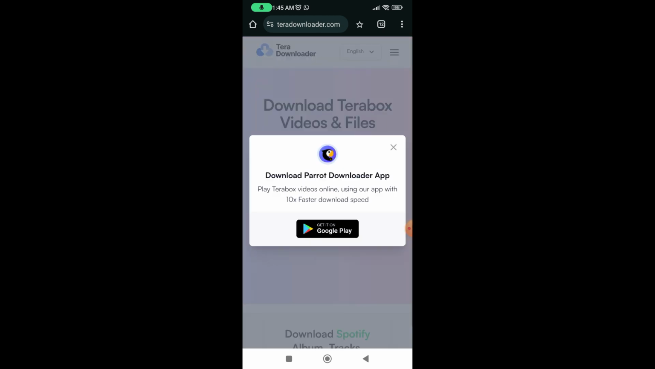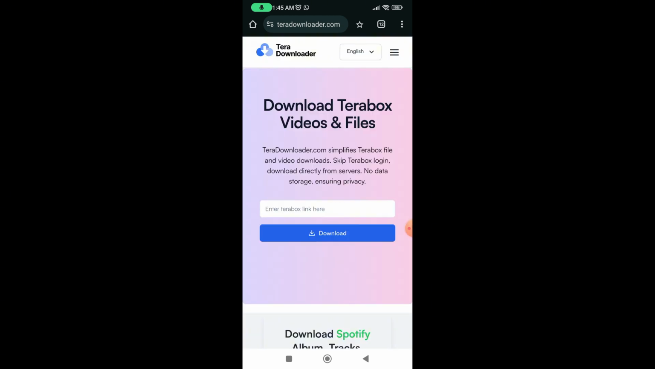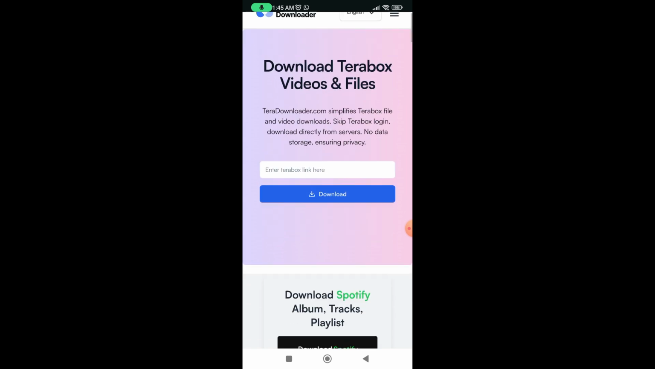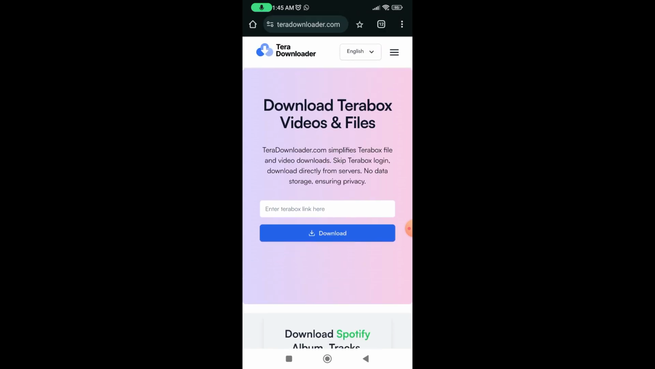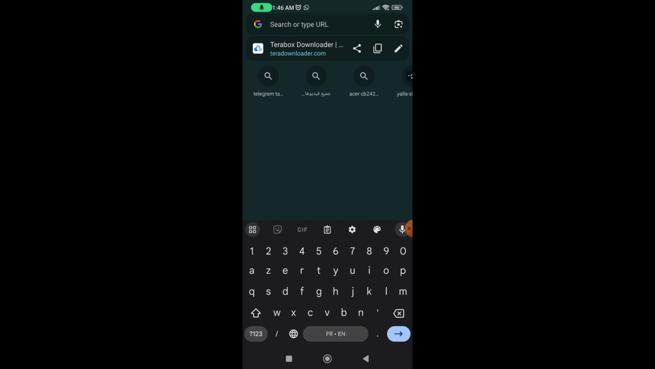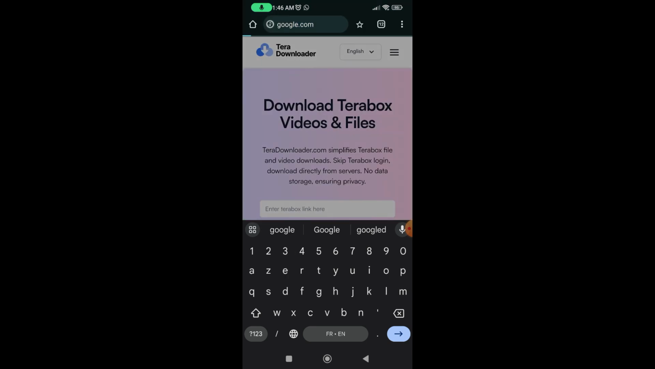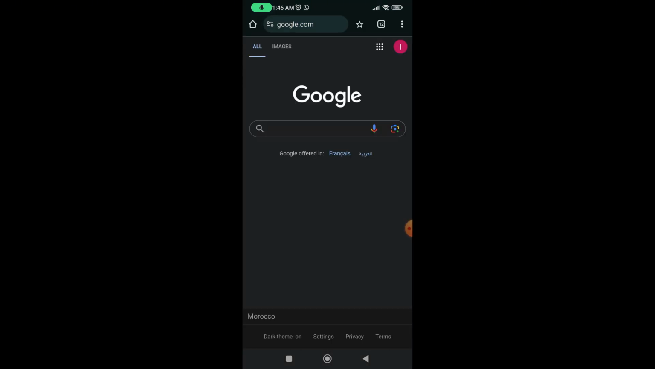You just need the video link from TERABOX. Now the second option is, if you have the video link, you can paste it here. Let's assume that this is our video link. I will write google.com. Now after you paste your video link from TERABOX, click on the top right corner, these